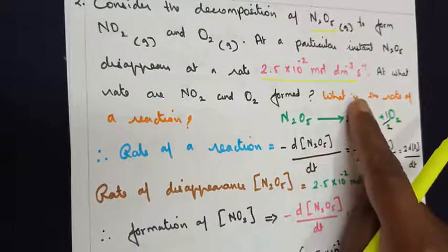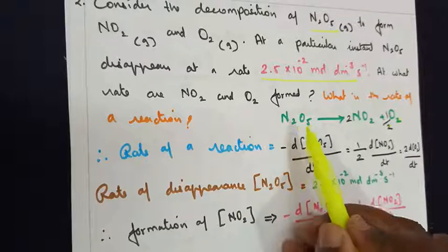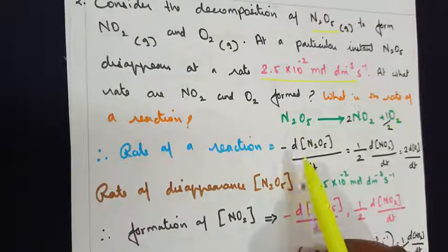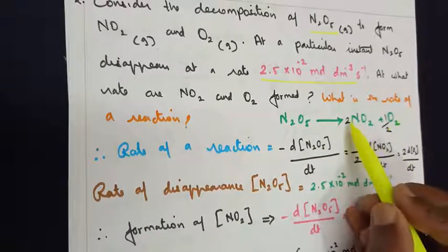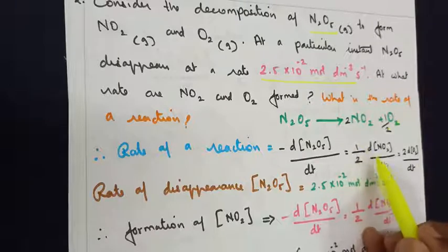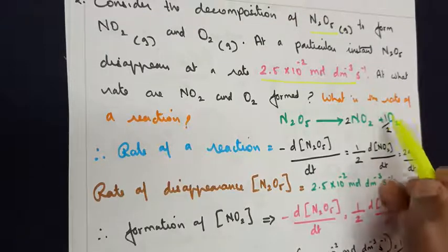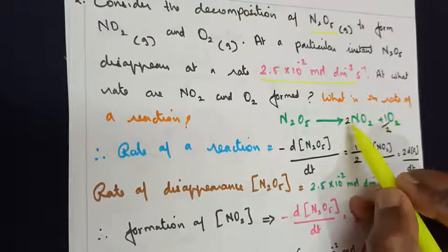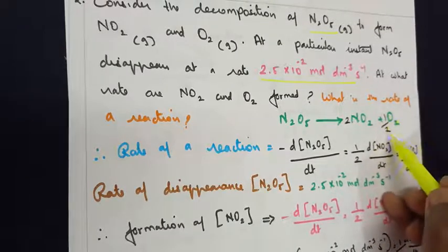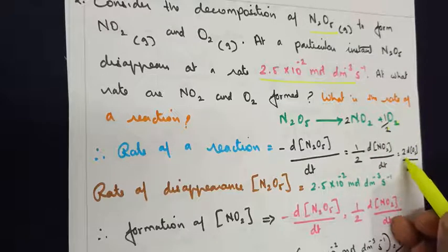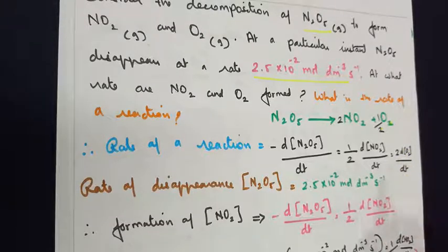In the second step, how should we write rate of the reaction? Therefore, rate of the reaction is equal to minus. Always on the reactant side, remember to write minus. Minus d of N2O5 by dt is equal to, this 2 comes to the denominator, so 1 by 2 of d of concentration of NO2 by dt is equal to, remember, we have to take the given coefficient to the denominator. Now it's in the form of a fraction. Take the reverse of it. So 1 by 2 will become 2 by 1, which can be written as a 2. So therefore it is equal to 2 into d of concentration of oxygen by dt.